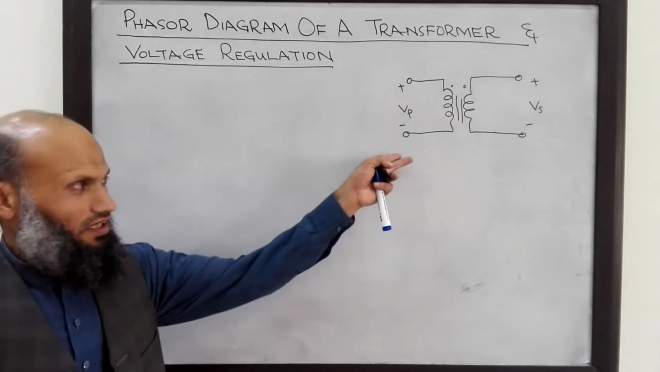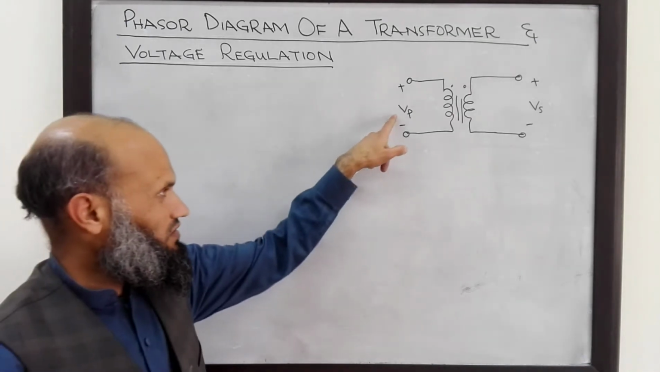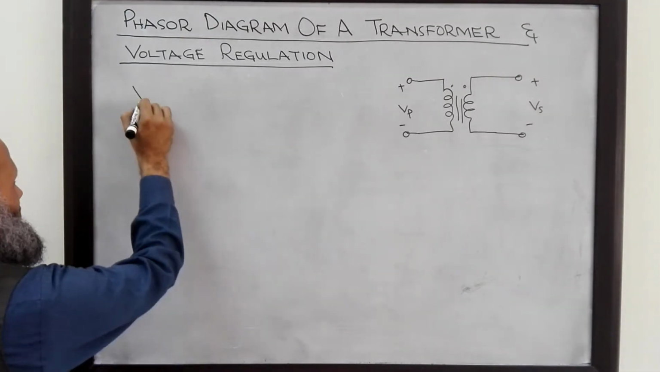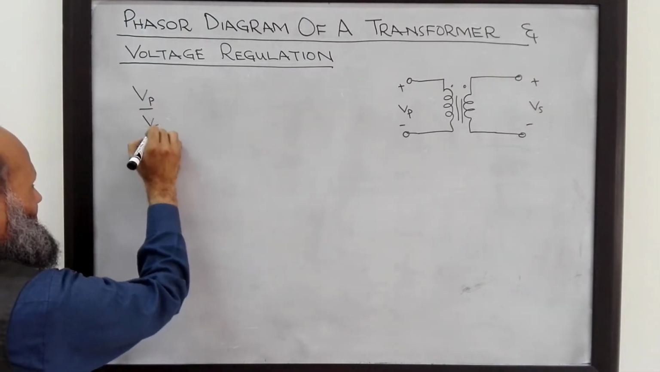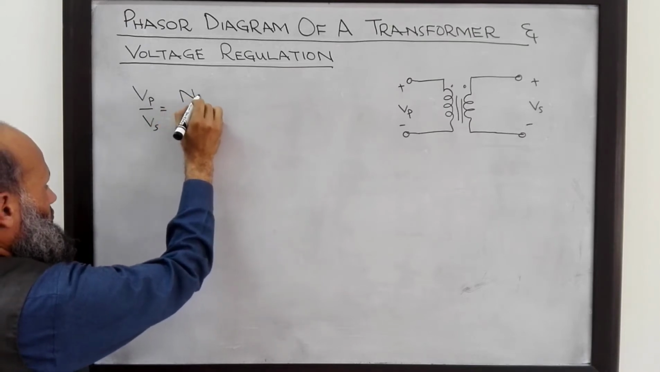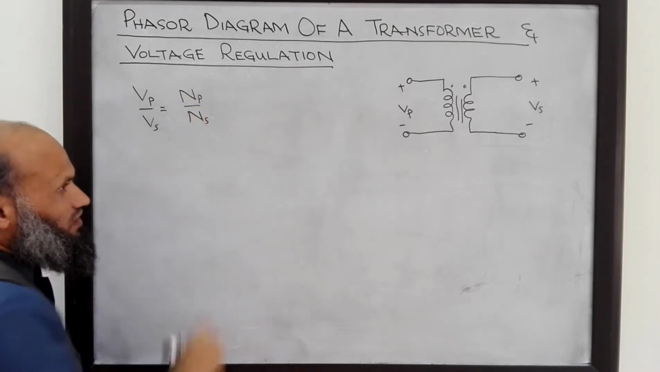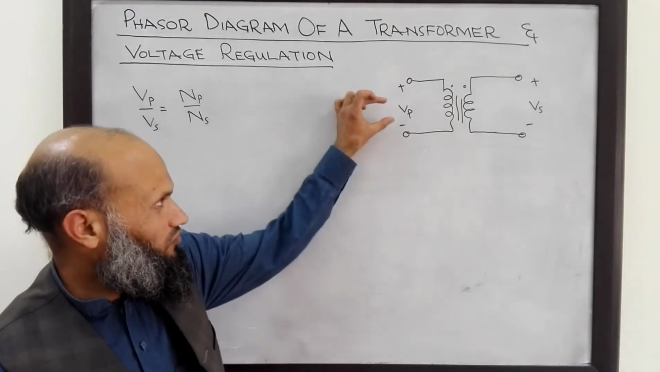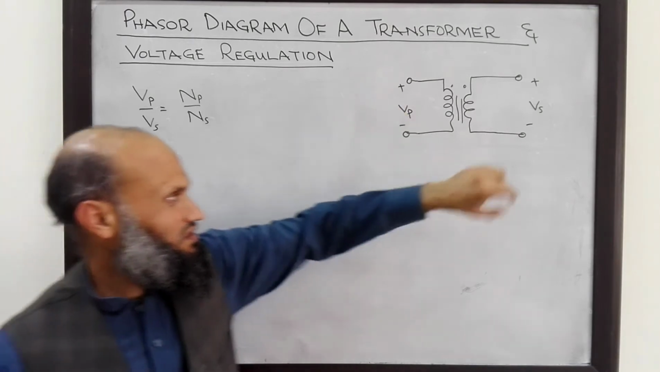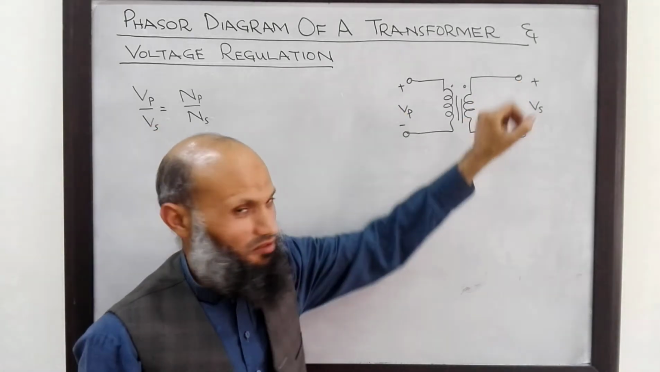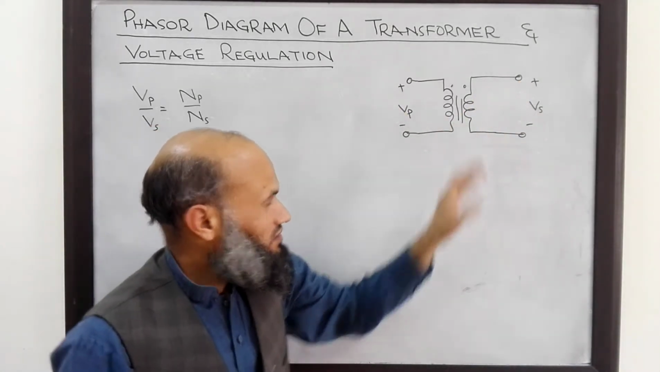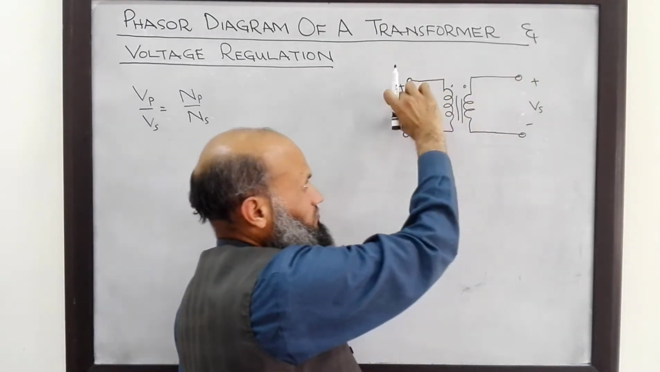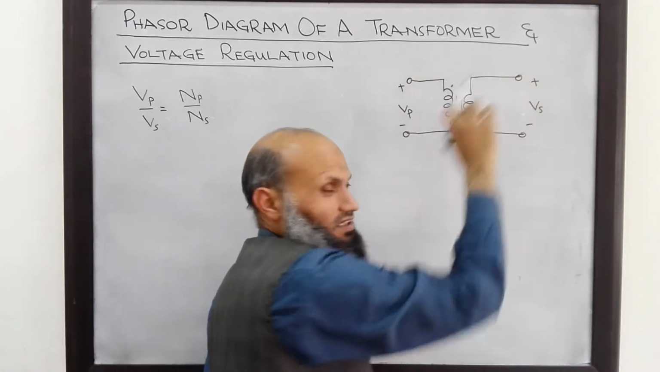For the case of an ideal transformer, the primary and secondary voltages are related by the turns ratio, that is Vp over Vs is equal to Np over Ns. That means that for an ideal transformer, if primary voltage is kept constant, the secondary voltage remains constant. No matter how much load is connected on the secondary side, this secondary voltage